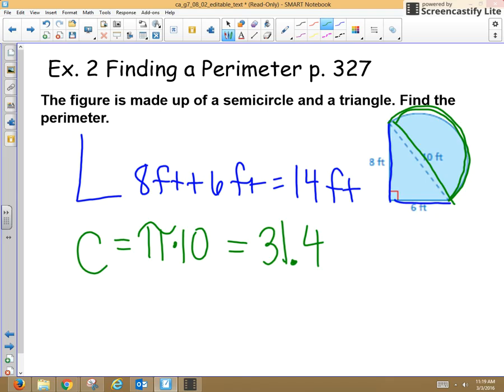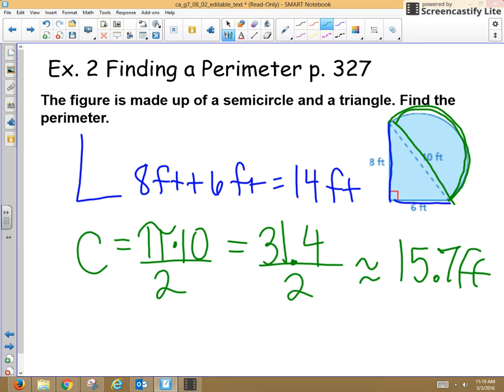Okay, 31.4. Now, this is not a full circle, it's a semicircle. So now we divide it by 2. So I'm going to take 31.4 and divide that by 2, and it will give us approximately 15.7